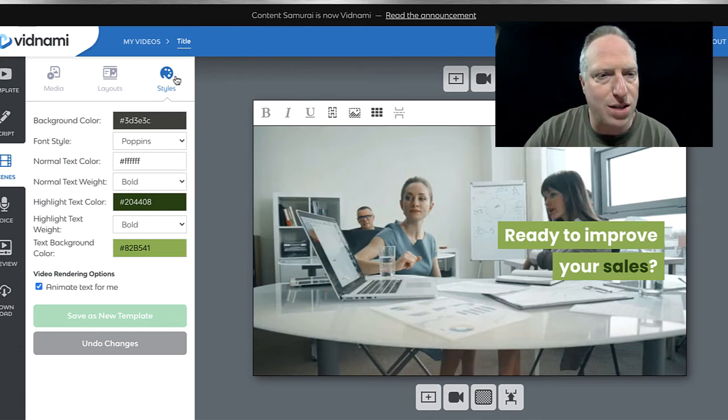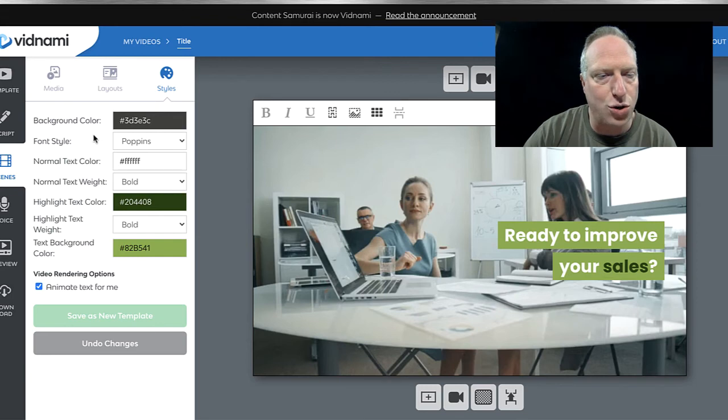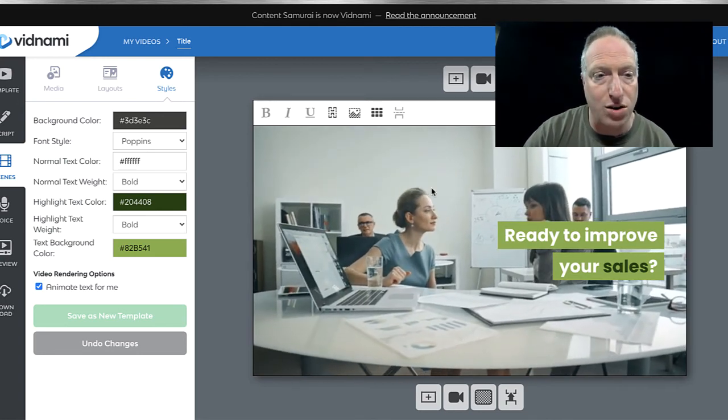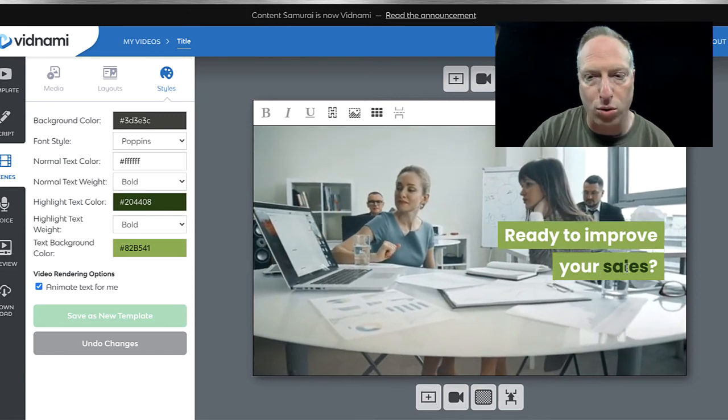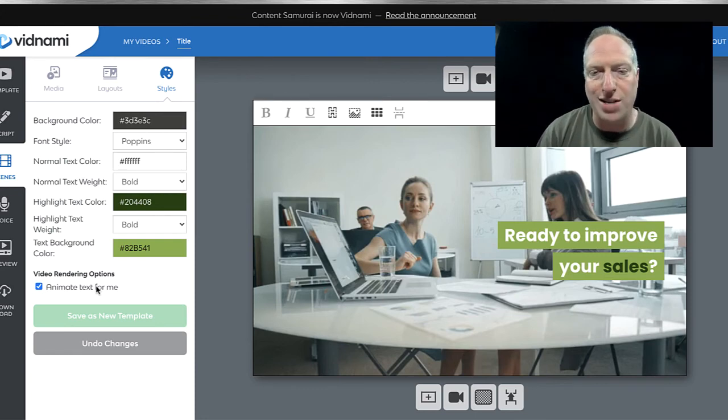I hadn't noticed this because I always use my own templates, but I just noticed that there's a few different layout options here, in addition to what I showed you in terms of the predetermined template. You can actually go in and you can change text. You can change the different color of either the normal text. You can see the normal text is yellow here, and then the bolded text, quote unquote bolded text, is a different color. You can define all of those here. And then I also like this ability to have the text animated as well. Animation is really the entrance and exiting of the text, and that can just happen automatically.